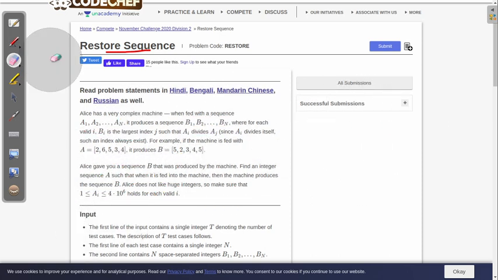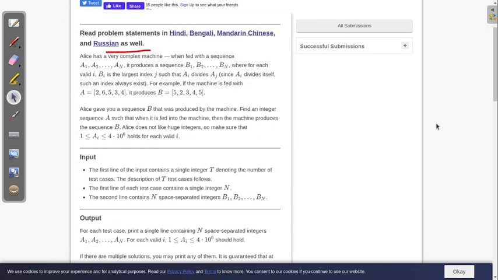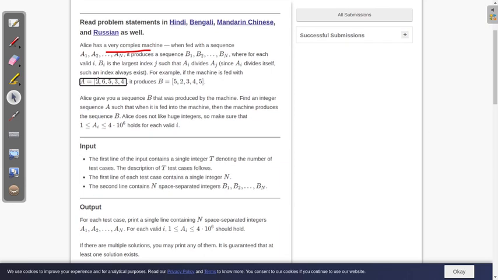So actually this problem is not about that; we need to figure out something else. We have the sequence and we produced this output, which is correct, but in the actual problem we are given the B sequence, meaning we are given the result, and we need to find the input. So we are given the result, and we need to figure out what the input would be so that this B sequence is produced.